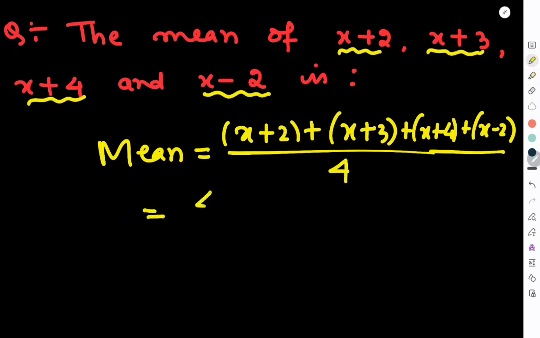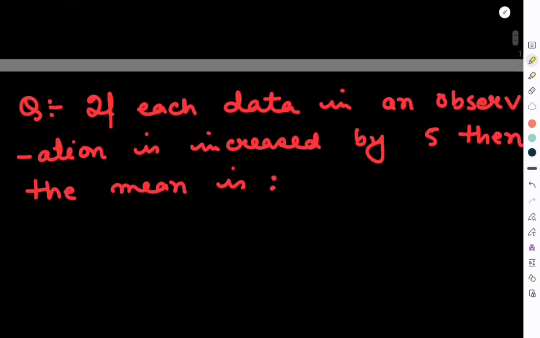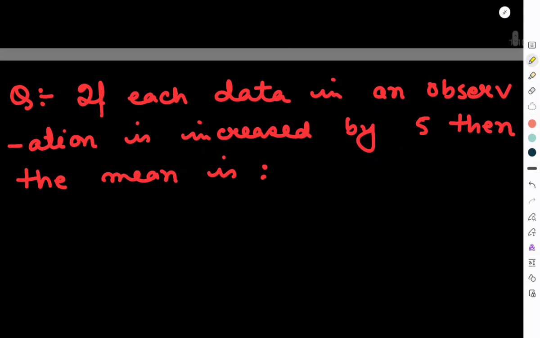So now if I add, you will have 4x plus 2 plus 3 is 5, 5 plus 4 is 9, 9 minus 2 is 7. So this is my answer, (4x plus 7) by 4. Very simple. Mean is sum of the observations by total number of observations. Moving on, next question. If each data in an observation is increased by 5, then the